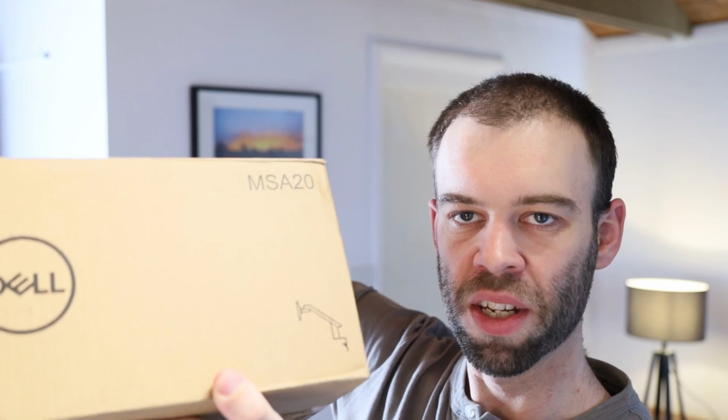Good everybody, it's Matt here, and today I have got the Dell MSA20 single monitor arm to unbox. Now I got this one to use with my Dell ultra-wide monitor so that I have a lot more flexibility and range of motion on my desk because I move it around a lot. So this one is compatible with the vast majority of Dell monitors, and it is also compatible with VESA mount